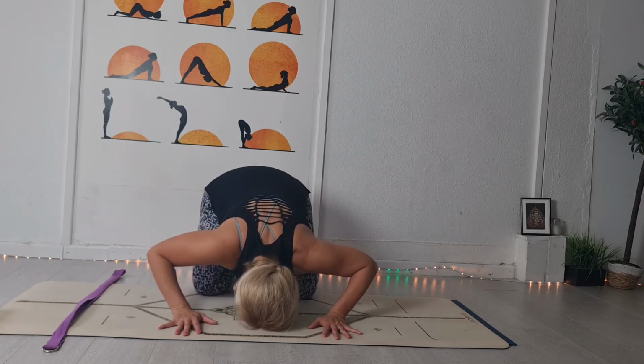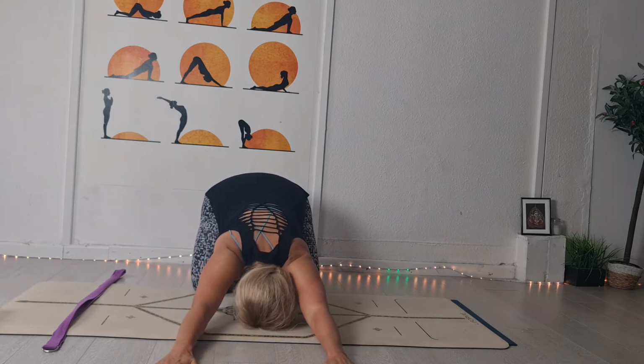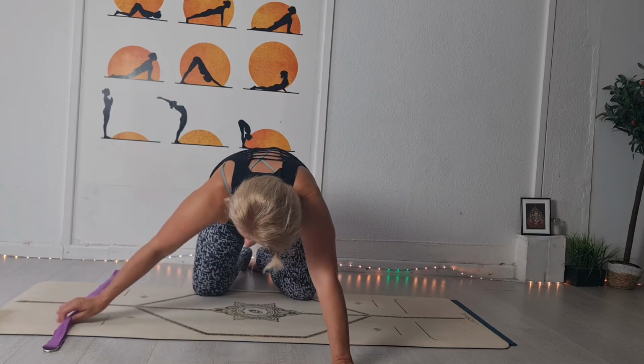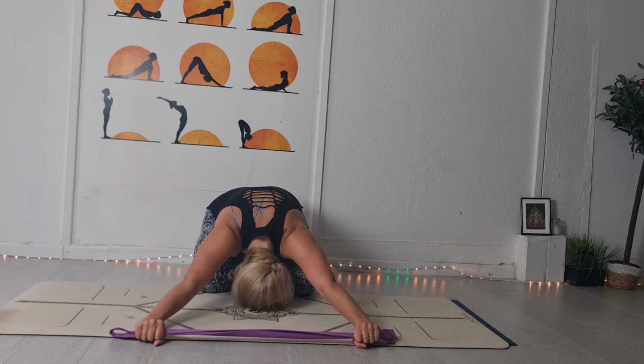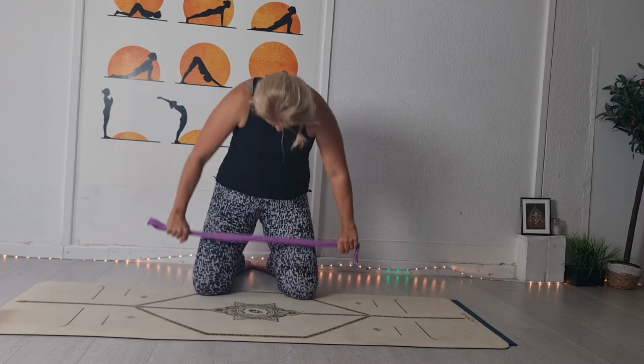Now, if you want to start moving the head forward, maybe a little bit of puppy pose might be an option. You can take puppy pose freely, or otherwise you can take your strap again into your hands and move the strap forward, really pushing to the side. So there are a couple of options here. Take a bit longer. Reach the strap over the head, reach all the way up, inhale, and exhale, engage your